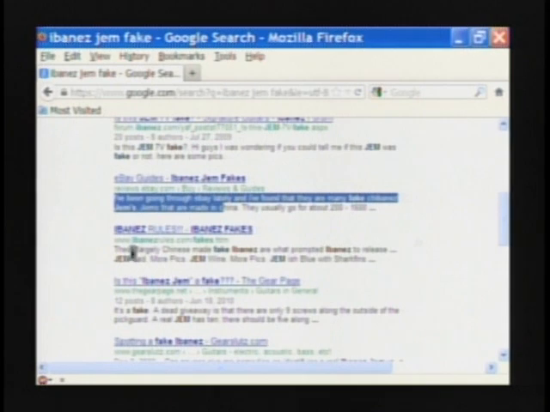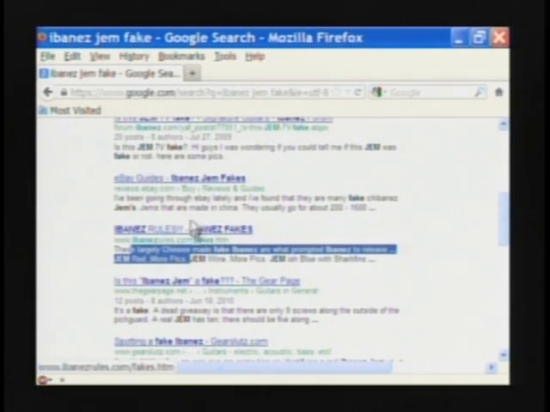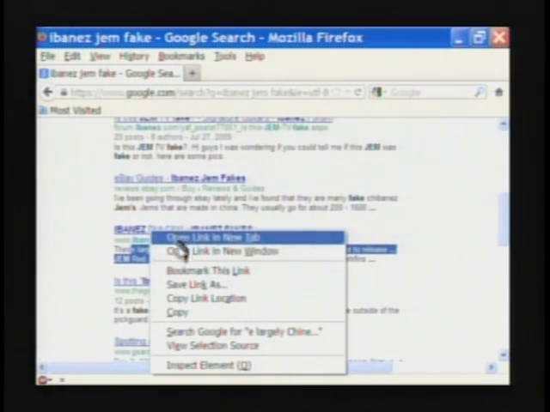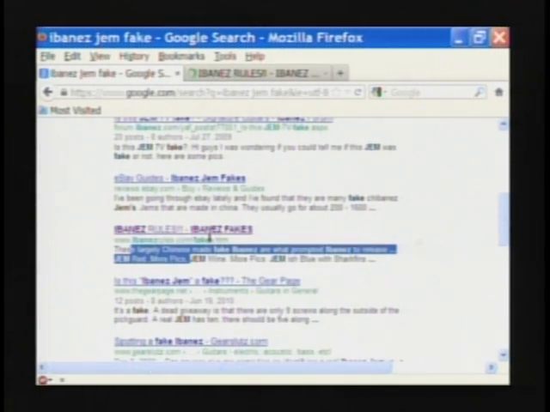So we kind of eyeball these things. And when we're satisfied that some of these might be interesting, we point at the title line, right-click the mouse, which brings up an option menu, and in your browser there should be an open link in new tab. In Firefox it's the very first item, and I like that because that's the one I use all the time. So I'm going to open that article in a new tab,